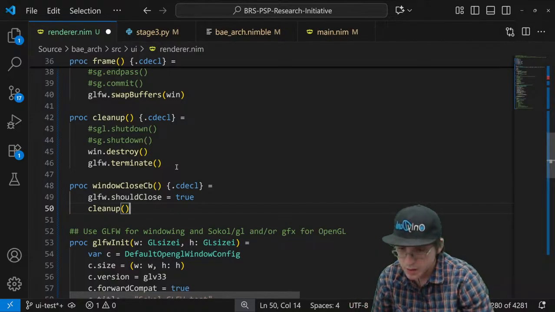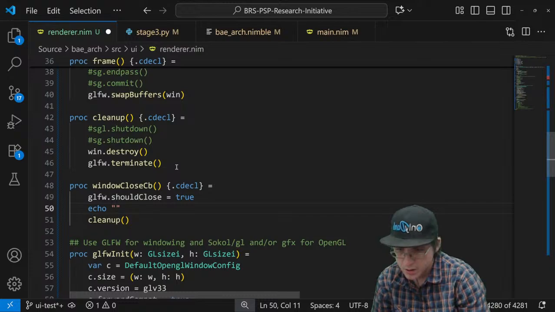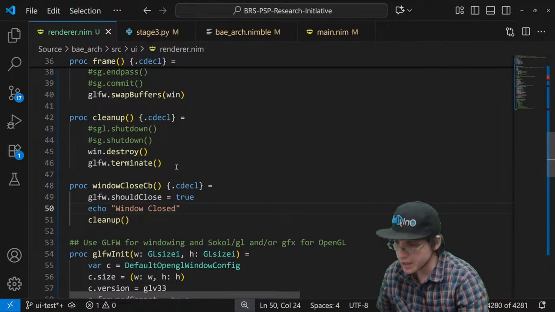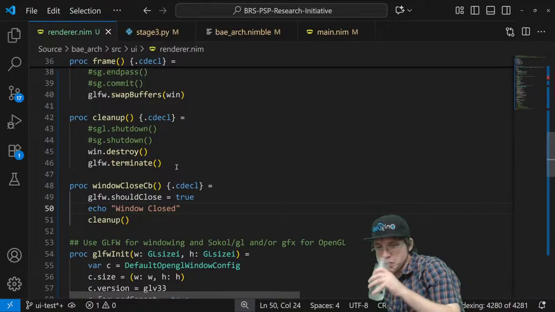There we go. And then I'm just going to have to echo window closed for debug purposes. I don't have any debug settings set up, but it might actually be useful.